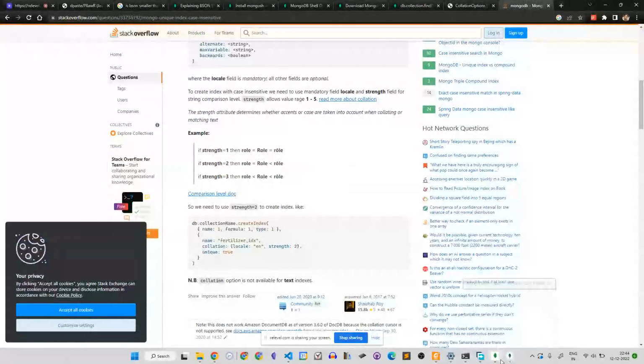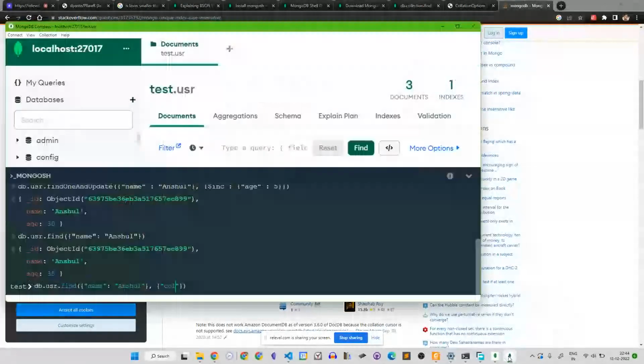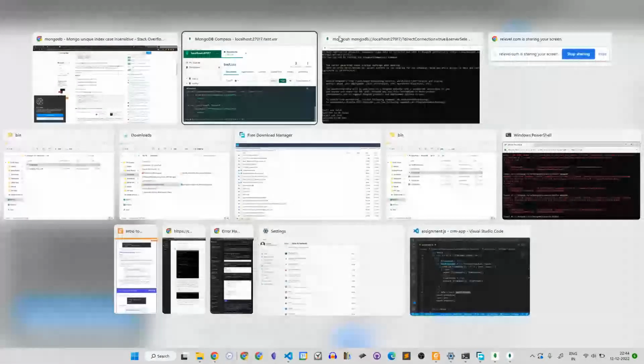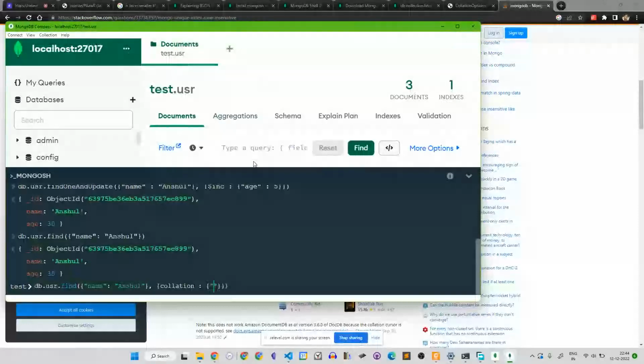So I can just do collation, and then I can do locale en.